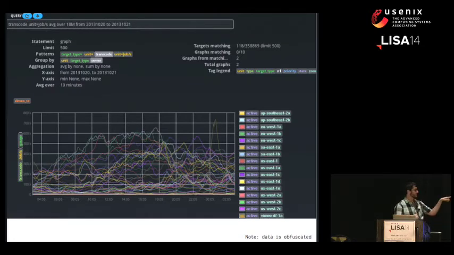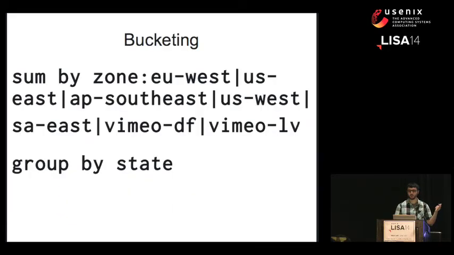But the point to notice is that there's 2 tags that separate them all from each other, the job state and the Amazon zone. So what we can do, for example, is say, OK, let's sum them by zone. And in buckets, make me a bucket of all the ones matching EU-West together, all the ones matching US East together, and so on. And group it by state, which is the job state in this case.